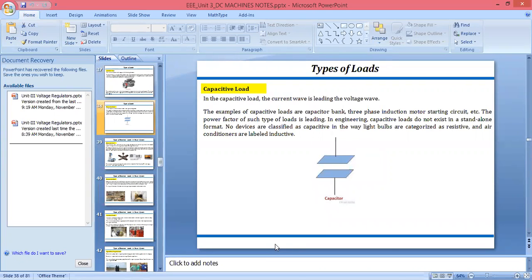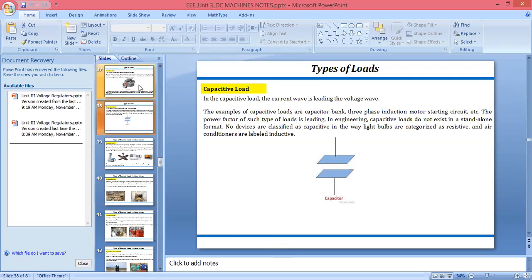When your power goes off, when there is an electricity issue and the light goes out, at that time if you see our fan, what happens is that the fan takes some time to stop. As soon as the electricity stops, your fan does not stop immediately, because in the fan we are using the capacitor, and the capacitor can store the charge. When it starts to discharge, there is some amount of charge, so it will take some time to discharge. So we can say, when we are using the capacitor, the current will lead.